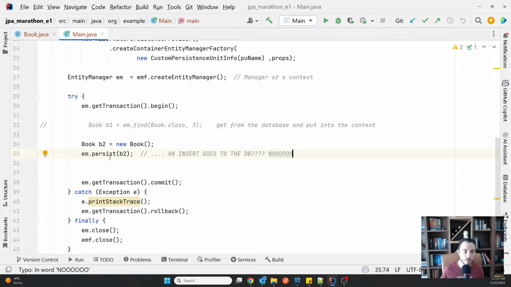It means that when we call the persist, an instance goes into the context. This is the place where the insert might go to a DB.